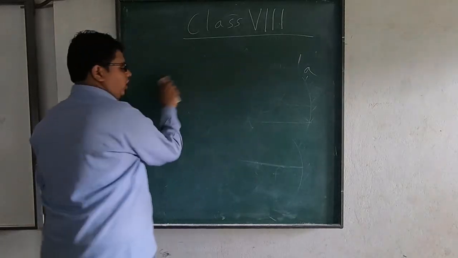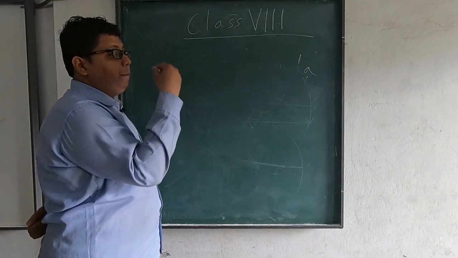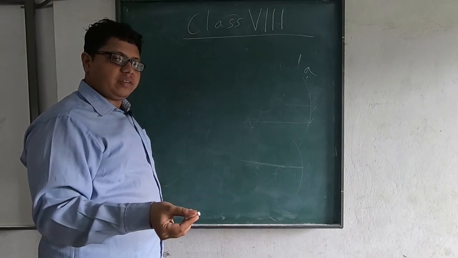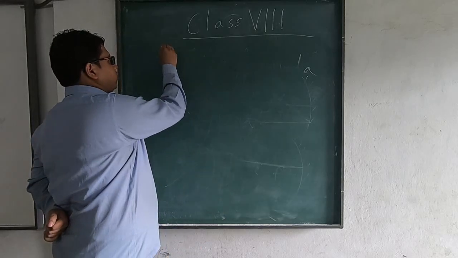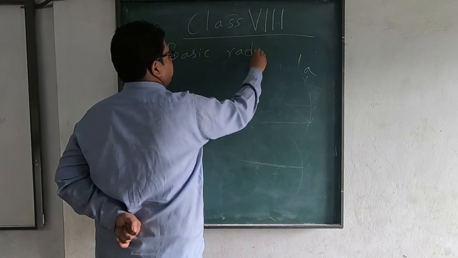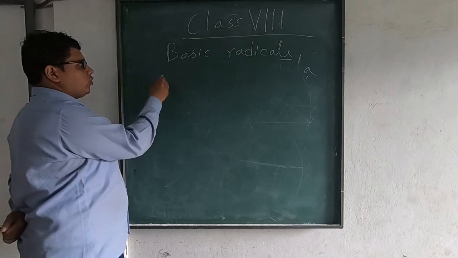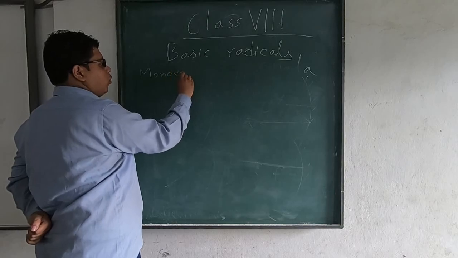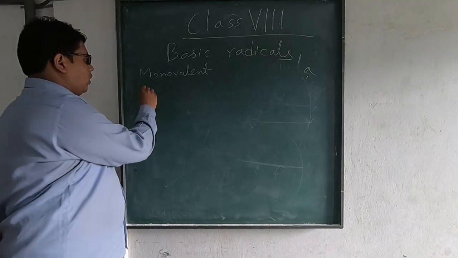You will be given a valency chart where there will be a list of basic radicals and acid radicals. Now we have talked about basic radicals and acid radicals in a previous video, but let me just show you this. So you will have a chart of basic radicals, which basically means positive valency, okay? So you will see written like this: monovalent, which means valency 1, single.